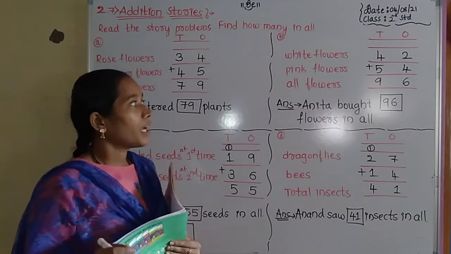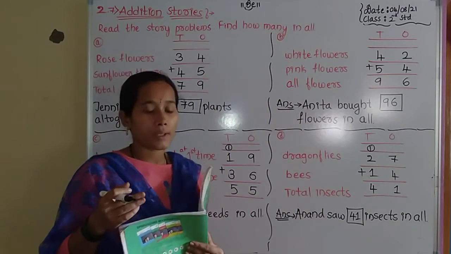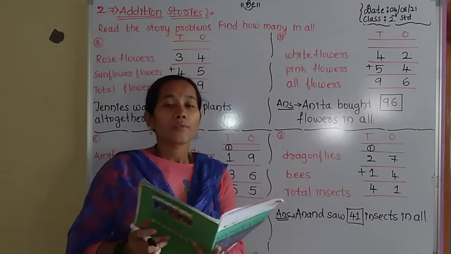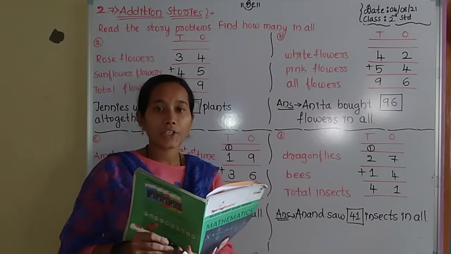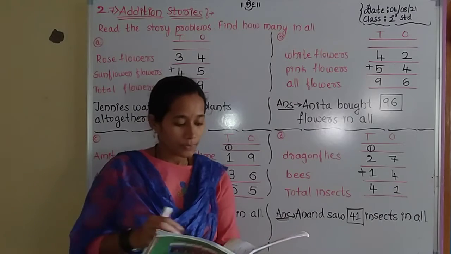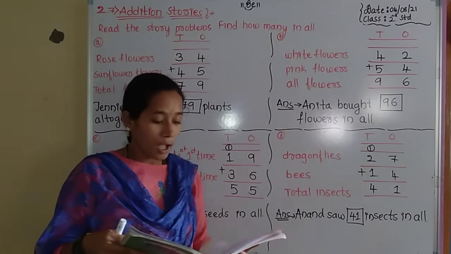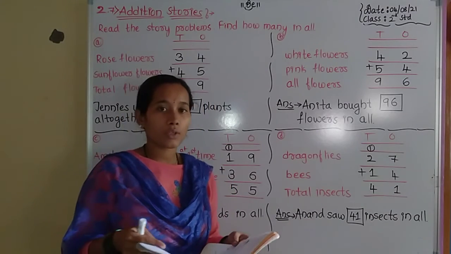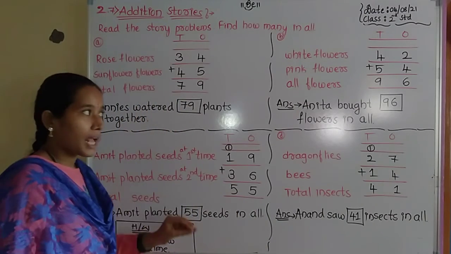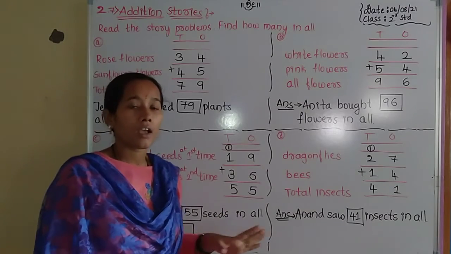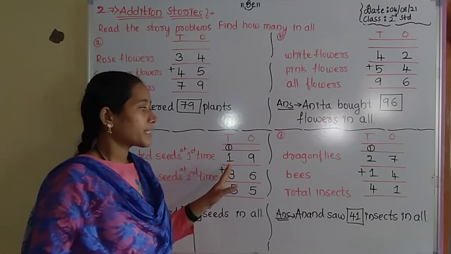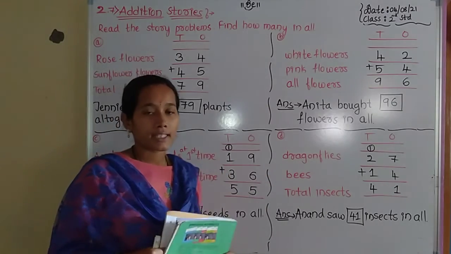This is about addition story problems. In addition story problems, they only give the addends. We have to write their addition sentence and find the solution or sum. In the next class we will discuss more about addition stories. Today's homework is the same as the classwork. In classwork, don't directly write the answer. First write the question using your textbook, then write the answers with respect to it. Thank you.